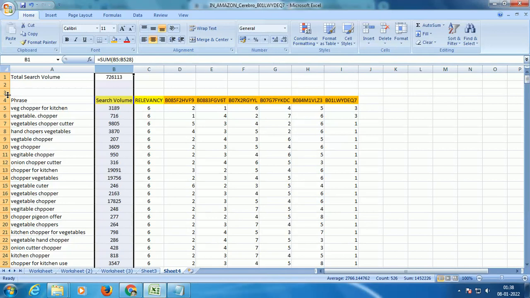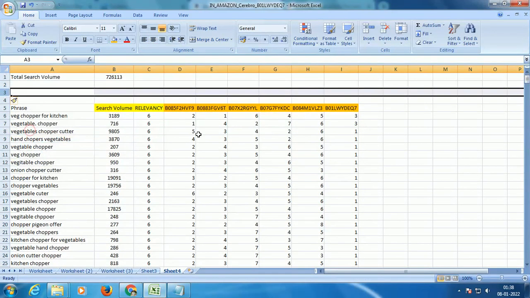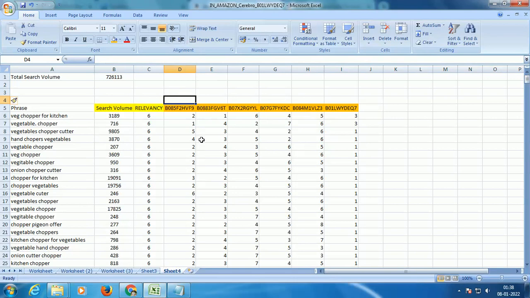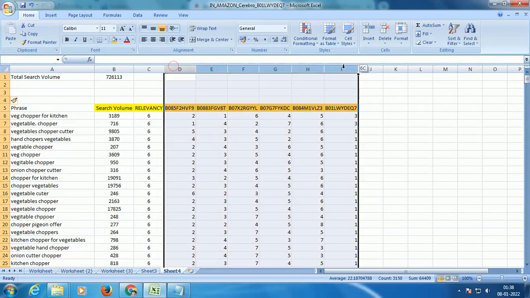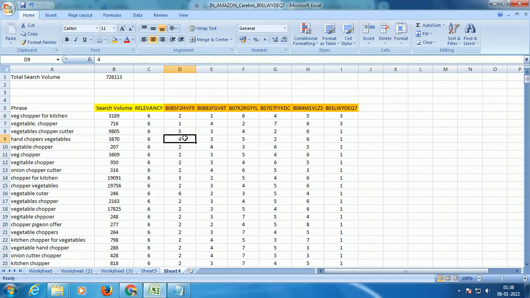Now we need to do a few more checks here. The next important thing is, we have various ASINs here. Now let's get into specifics. So far it is very generic. We have been comparing all 6 competitors together. Now let's get into each ASIN. Firstly, starting with this ASIN, the first thing I want to know, for how many of these keywords is this guy ranked under 24?